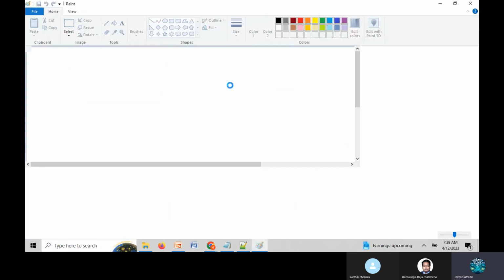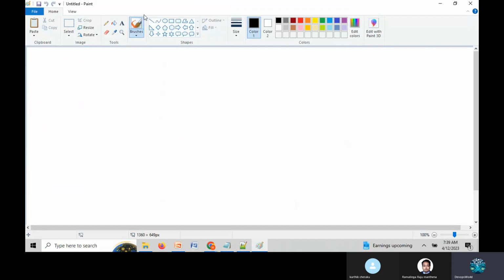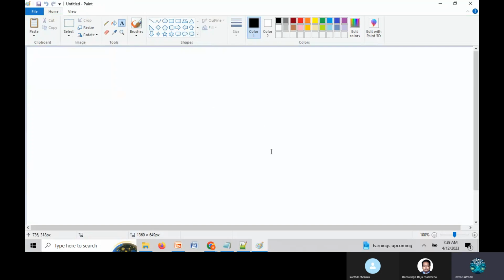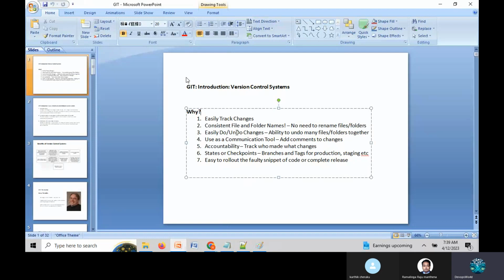Why? If you keep the work on the local machine, let us suppose your local machine is crashed, you can't get it back. So that's why they are using some kind of repository where we can keep our application code, and we can track each and everything. Okay. So for this, we go for the version control system.